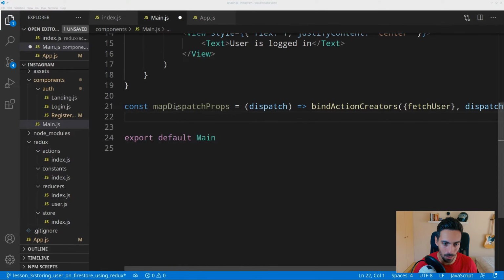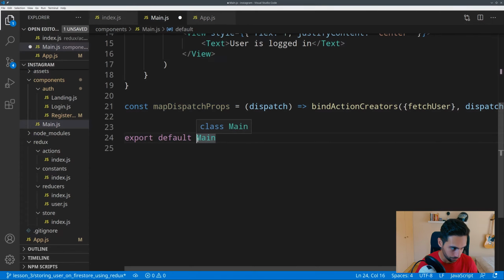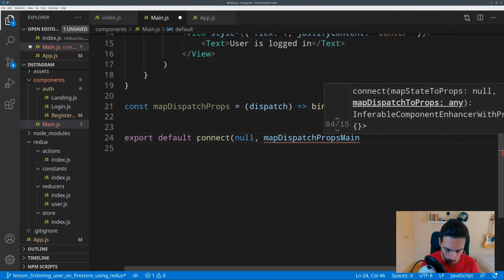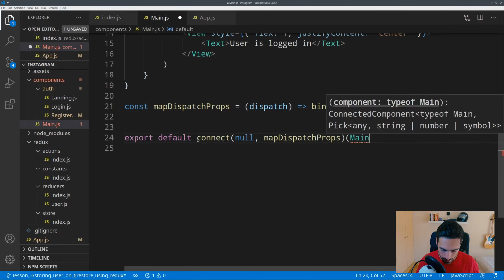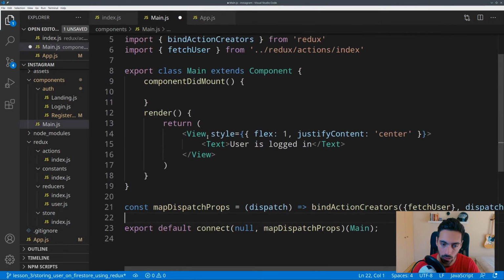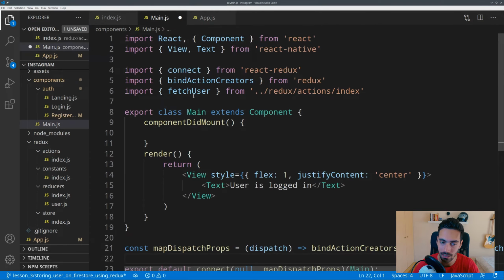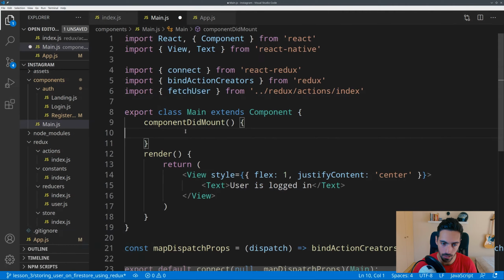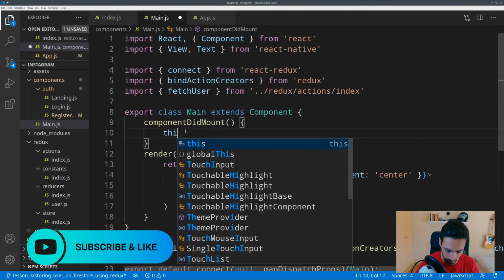So now for the final part, all we have to do is call up connect and pass it along null, mapDispatchToProps, and then put parentheses inside covering main. So do it this way, otherwise it will fail. Okay, so now we are free to access the fetchUser in these components. So we can simply come in here in componentDidMount and say